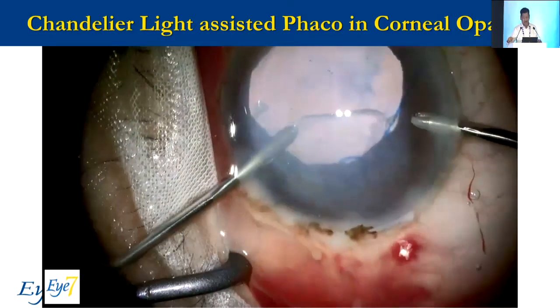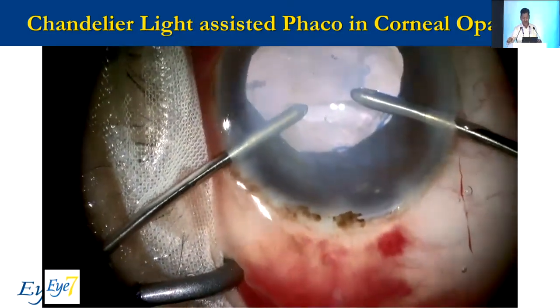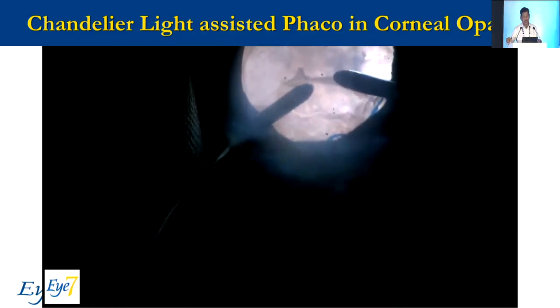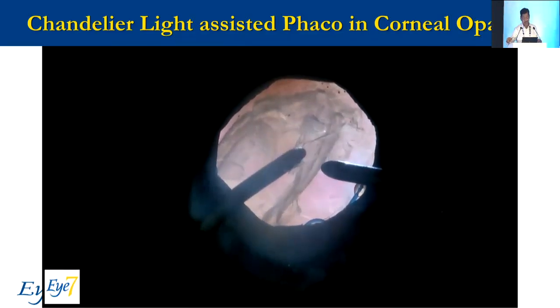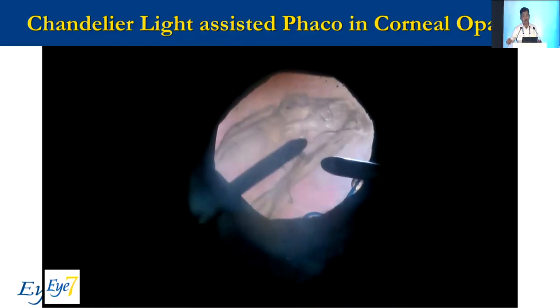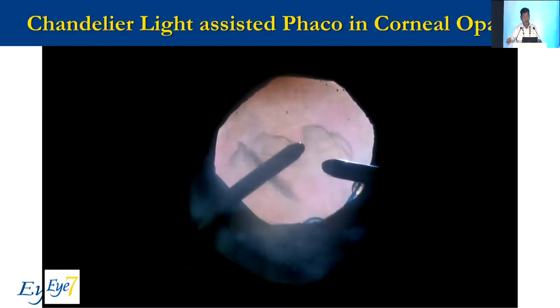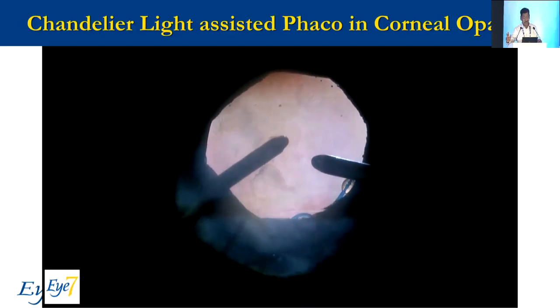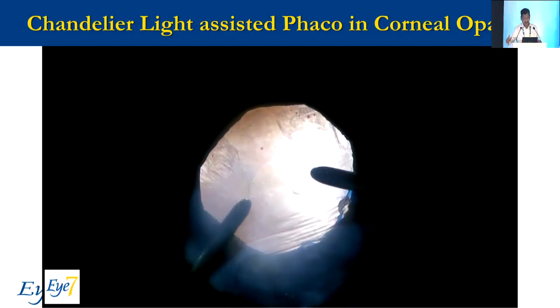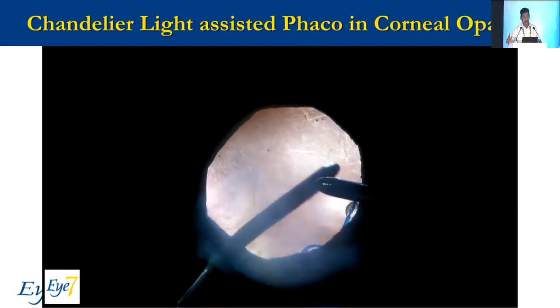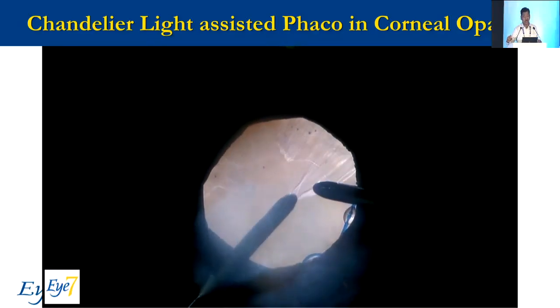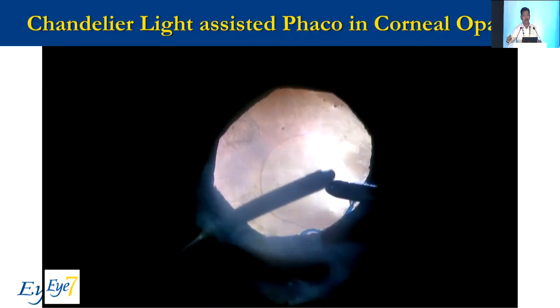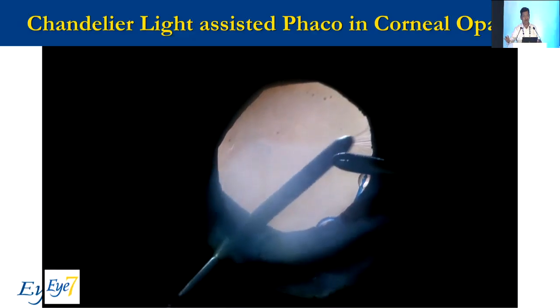So, now I've come to the oblique illumination and see my clarity, and I come to the retro illumination and see my clarity of the epinucleus. So epinucleus looks like something like a jellyfish. Epinucleus gone, now the cortex. And now if you see, for the first time, I've seen my rhexis margin.